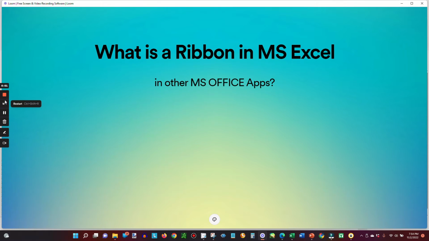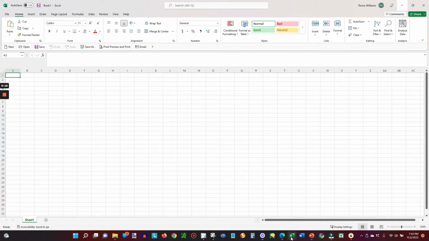Okay, and we're back. So in this lesson, we're talking about what is a ribbon in Microsoft Excel and actually in other Microsoft Office apps as well. So we'll use Microsoft Excel as an example. Let's get started. So as you can see on the screen, I've opened Microsoft Excel, and at the very top,